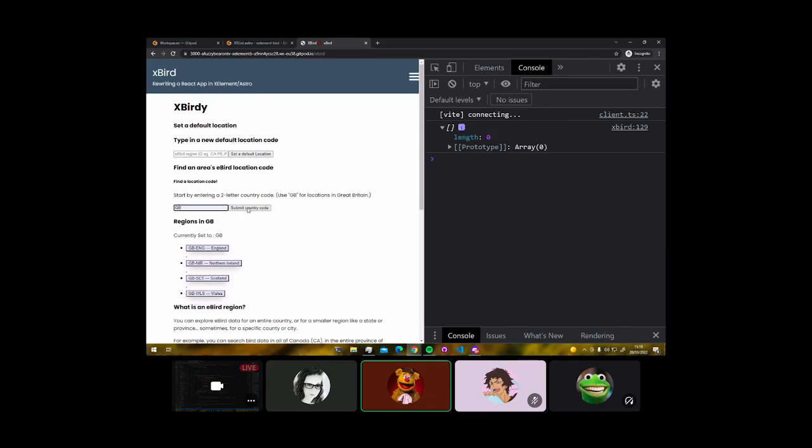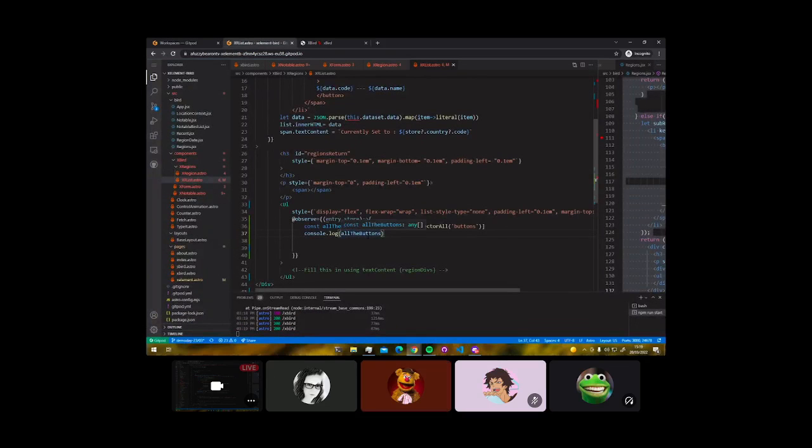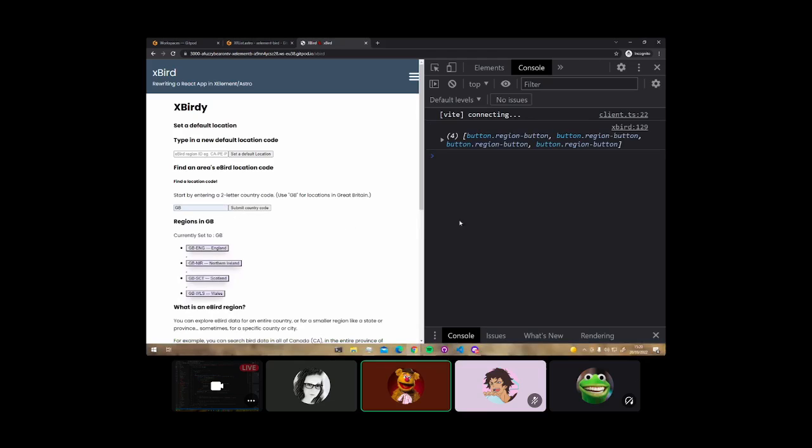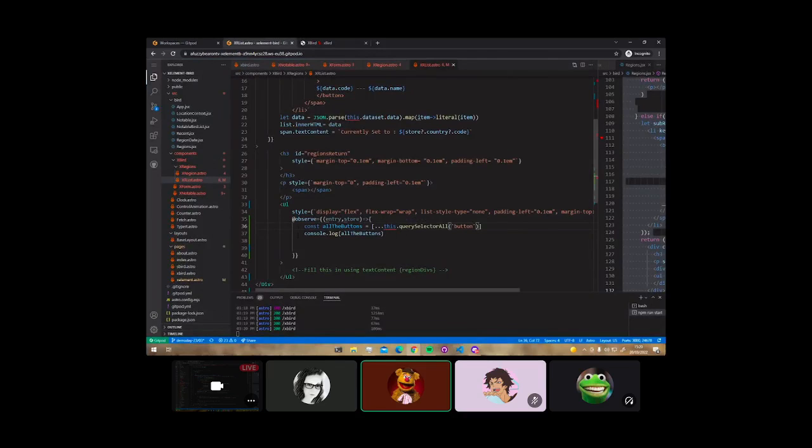Why are you not coming up? this.querySelectorAll buttons. Button. Right, got you. Sorry, I got a wee bit carried away with myself there. There you go, now you've got all the buttons within here. Now we're one step closer, because with these buttons, we can go